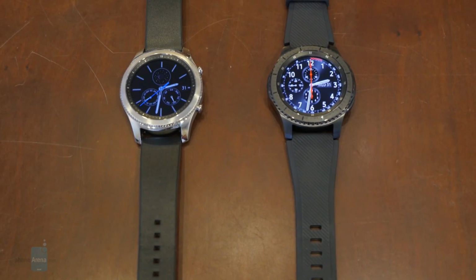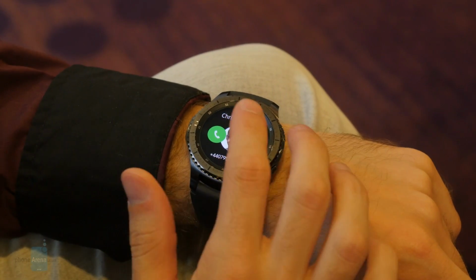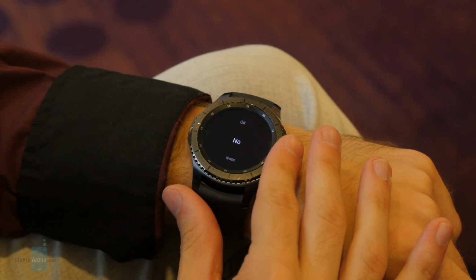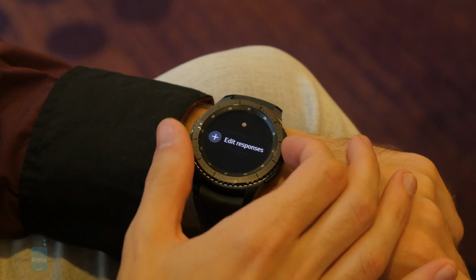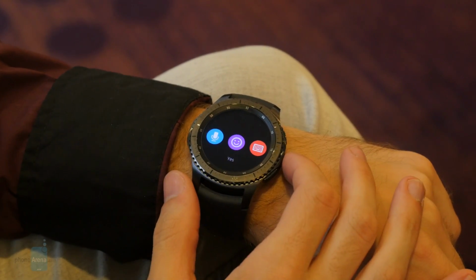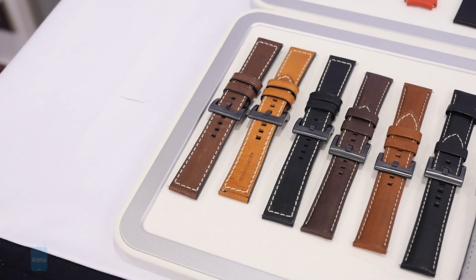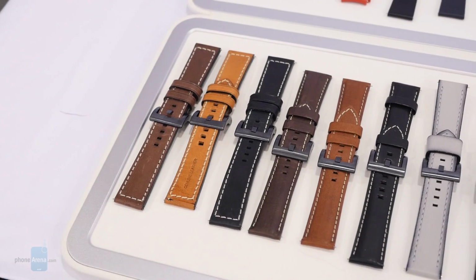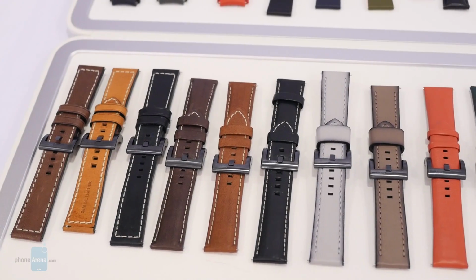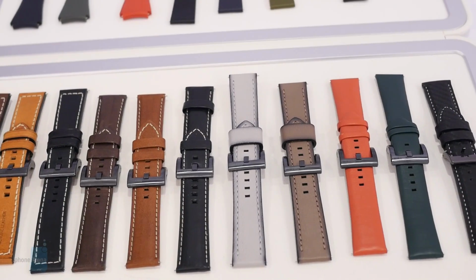Both the Gear S3 Frontier and Classic are crafted from stainless steel, but while the Classic has a clean, silvery steel look, the S3 Frontier adopts a more rugged black design. Samsung ships the Gear S3 Frontier with a sturdy silicone band, and the Gear S3 Classic with a fashionable leather strap, but your choices don't end there. Samsung's created a bunch of alternative strap options in an assortment of materials, and also recruited artist Arik Levy to create some band designs of his own, paired with corresponding watch faces. And since the Gear S3 uses a standard 22mm band, you can also pop on any compatible third-party strap that